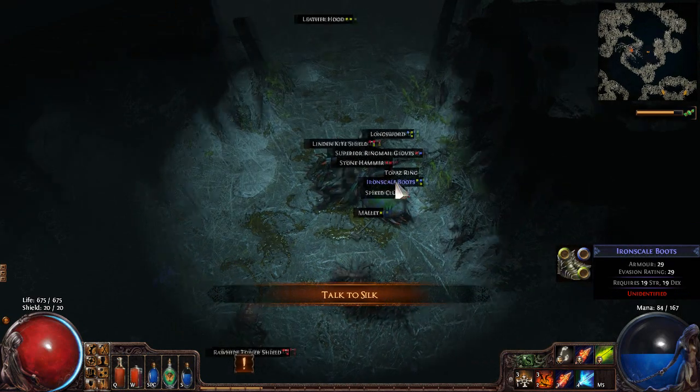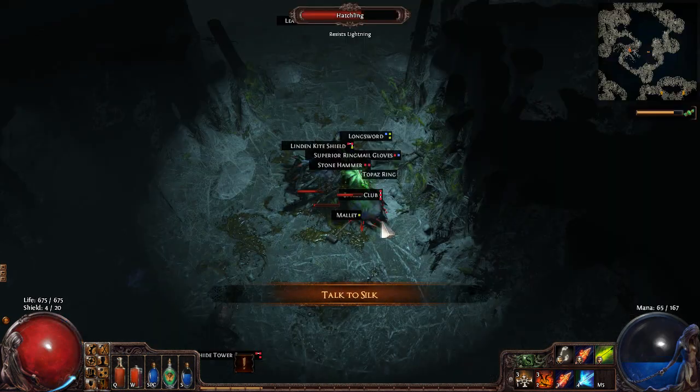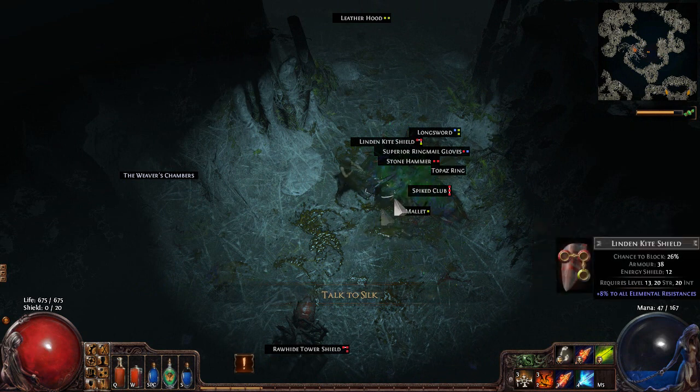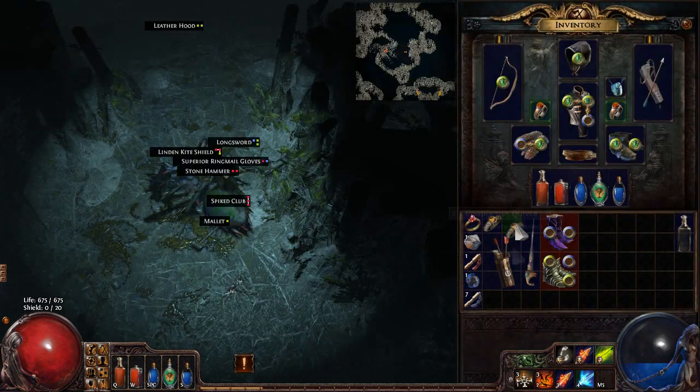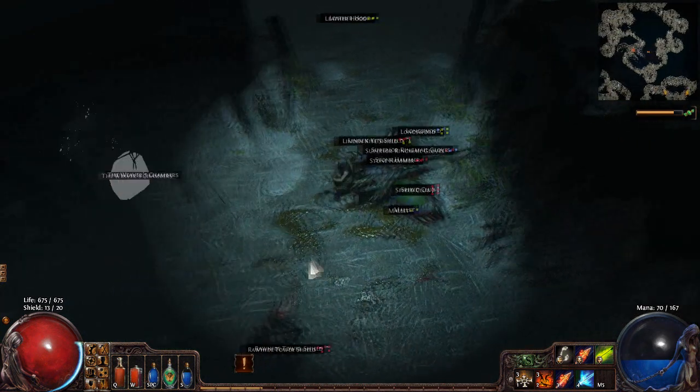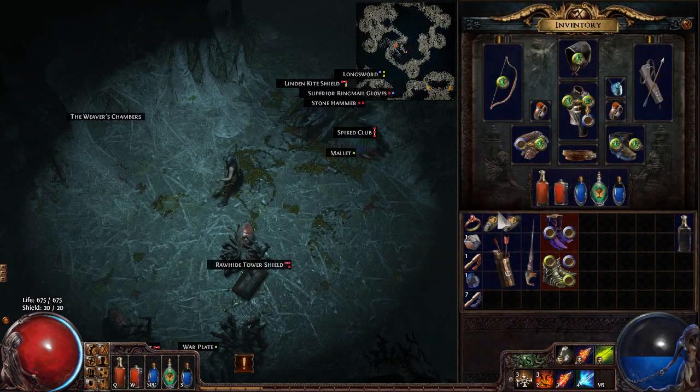Some silk slippers could be okay. I think we've got really nice boots at the moment, though, so... Oh, and those spiders burst into other spiders. Ooh, Topaz Ring. We've actually got 2 lightning resist rings. Perfect. Awesome. So we didn't need to buy the other one, but having 2 is actually going to be really good. So from here...